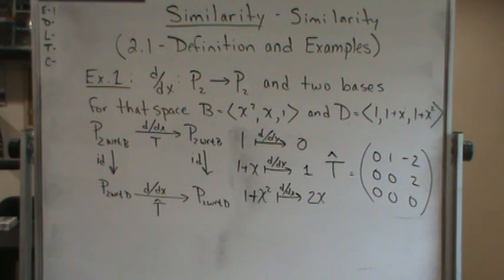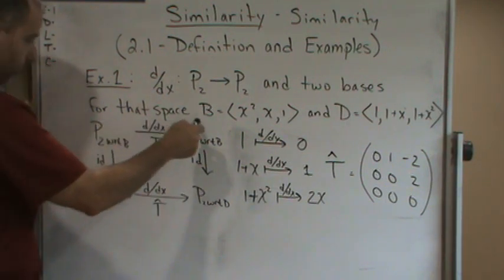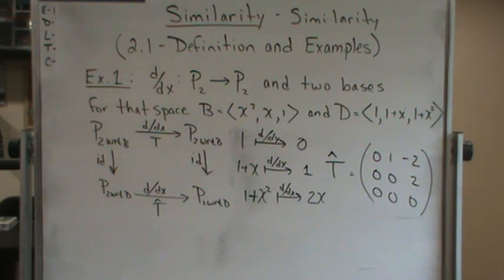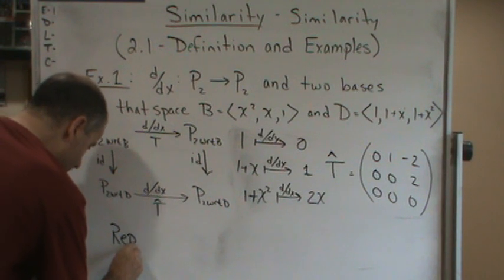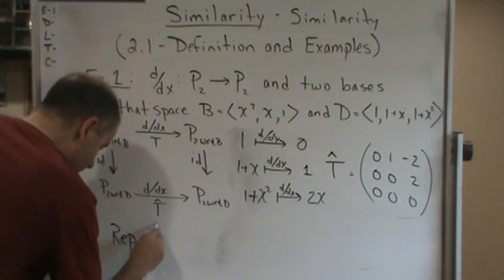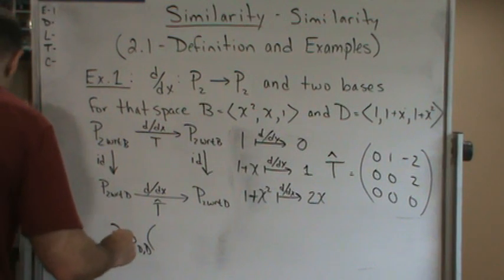Now the other way to compute T hat, and this is the way we will usually do it, is to follow the diagram up, over, and then down. So we'll go up, over, and then down. Okay? And that's where the inverse comes in, so that's where that representation comes in that we were talking about before, which I'll rewrite here. And so we'll get the representation with respect to D and D of the function d/dx,